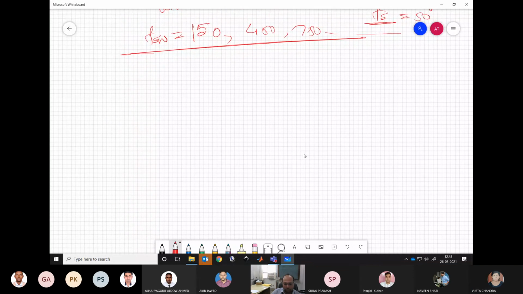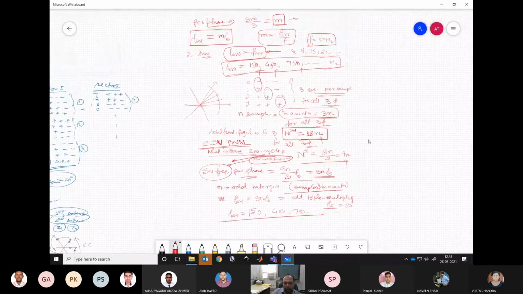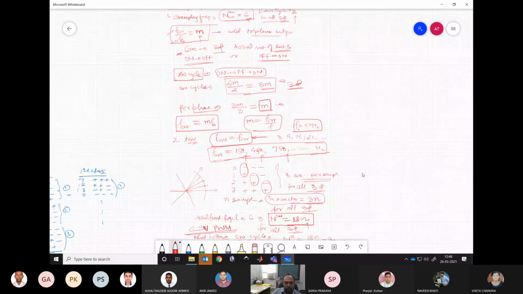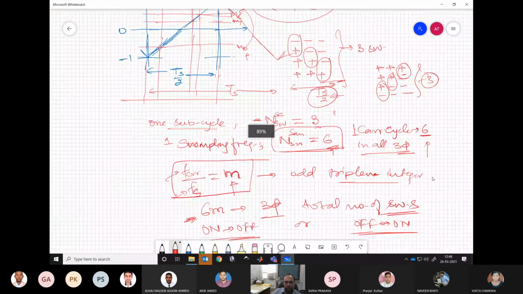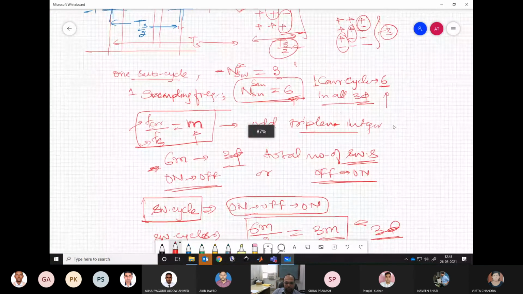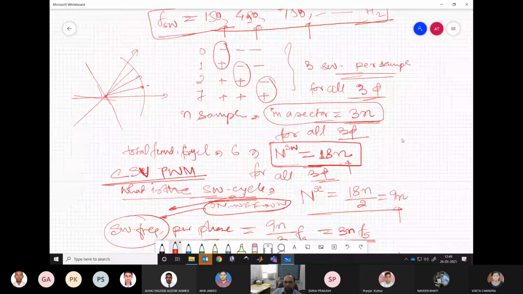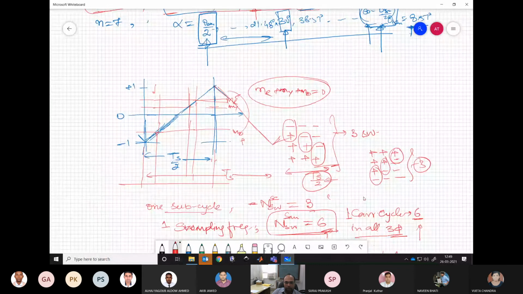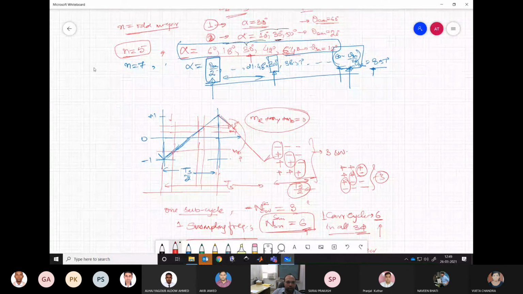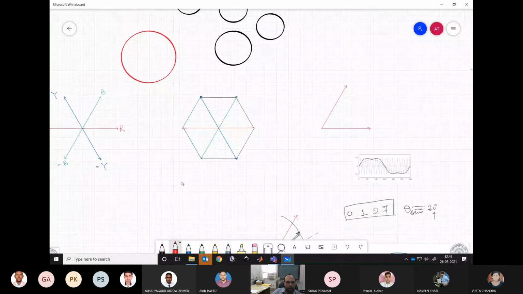The only thing is I'm trying to go a little slow. That's why I'm asking for the answers again and again. You need to be a little more attentive then. Now, this is the similarity. A lot of similarities we are seeing with the sine triangle PWM. The same vectors we are applying, if we talk about any sector, and the same type of switching frequency we are getting for both the PWMs, sine triangle and conventional space vector. But there is another interesting thing for conventional space vector PWM: the limit of the fundamental voltage generated by it.